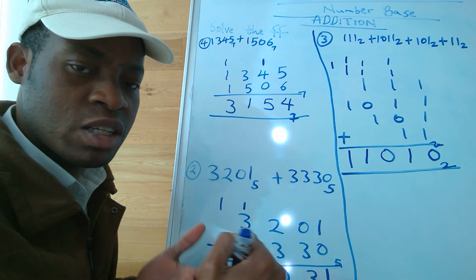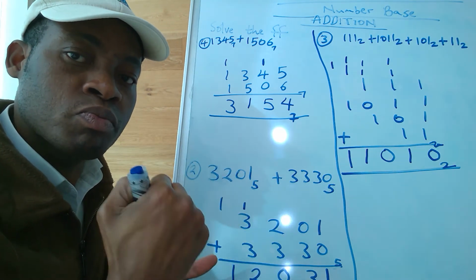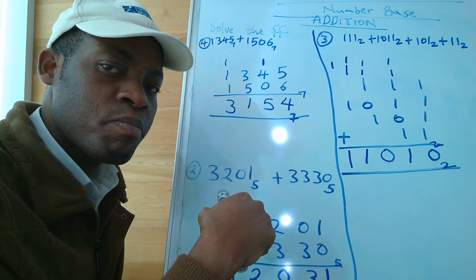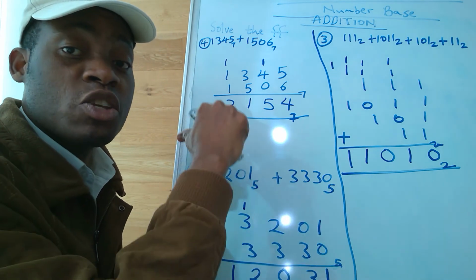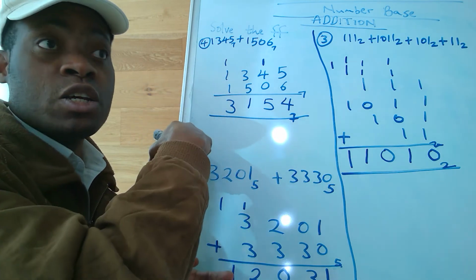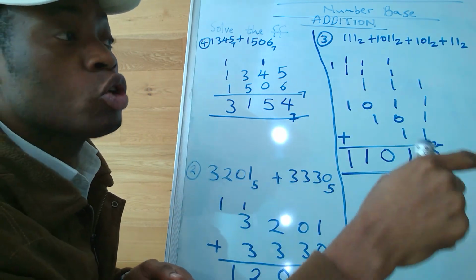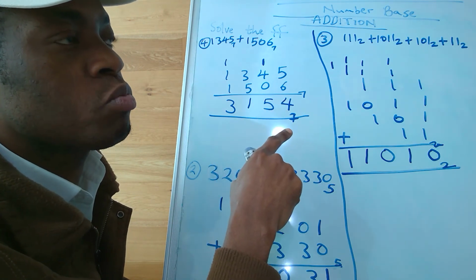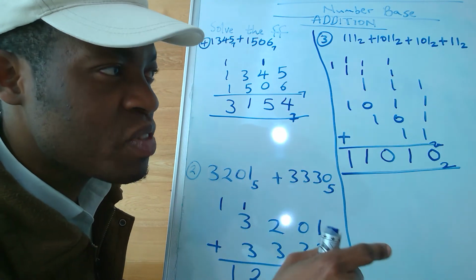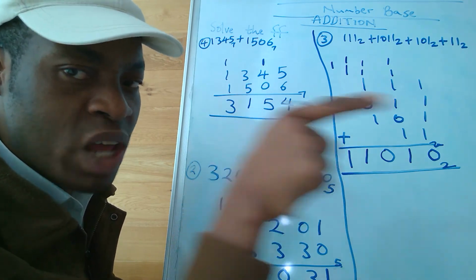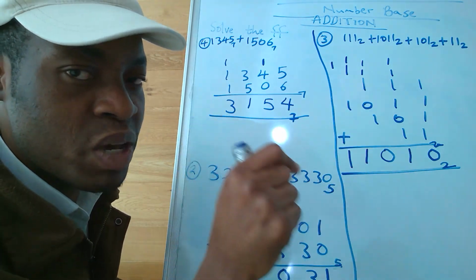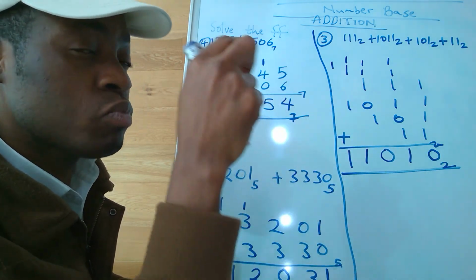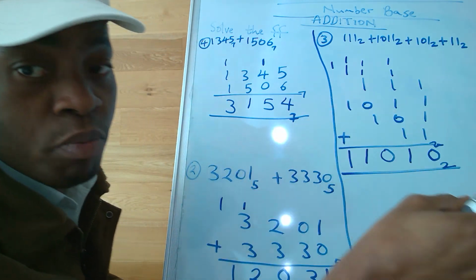So when you are adding, just try as much as possible. When you get to the base, it will turn to 0, add 1 to the next number. The same thing in subtraction. When you borrow 1, you add the base to the number. You don't just put the 1 and say you borrow 1 from no number, put it to 14. No. The base is what you will add to that 4. If it is base 10, you add 10 to 4. That would be 14. If it is base 2, you add 2 to that number.